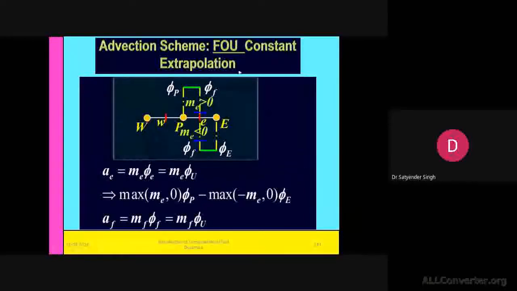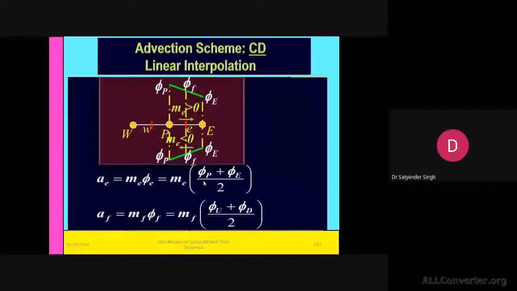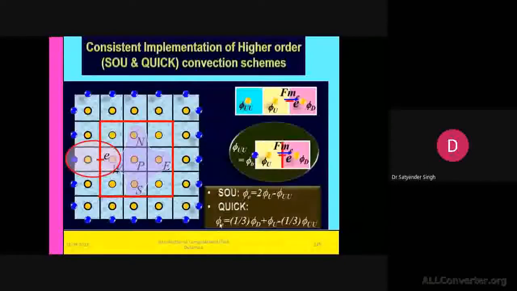So in first order upwind, the direct value has to be provided. If air is flowing in this direction, this value has to be given directly to the flux. If air is flowing in the other direction, that value directly goes to the flux for the calculation. In central differencing, the average between the two temperatures is given for the calculation of this face, and likewise for SOU and for QUICK, different weights are used. This is the implementation detail.